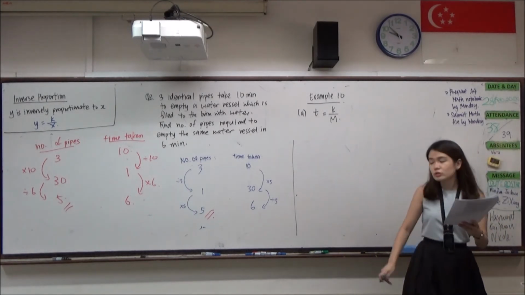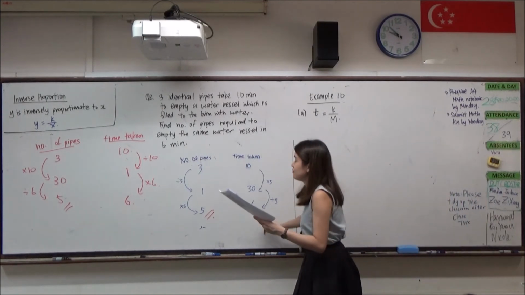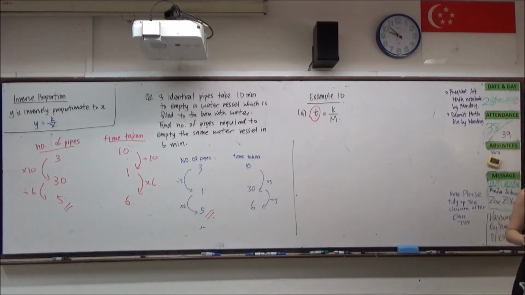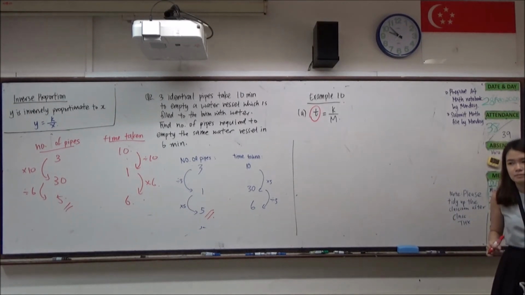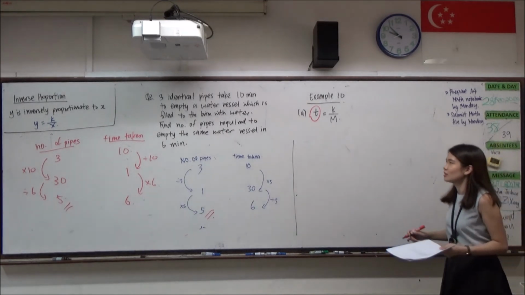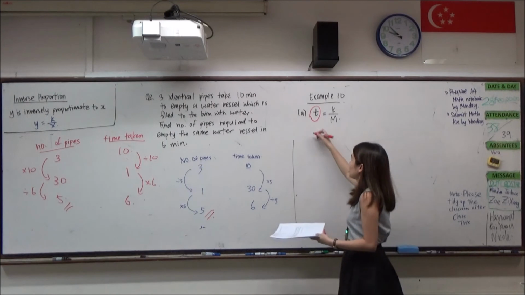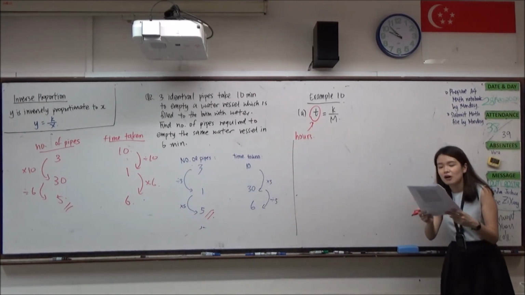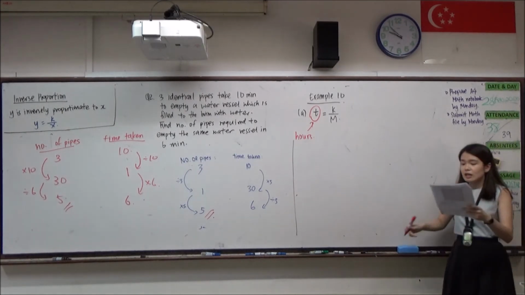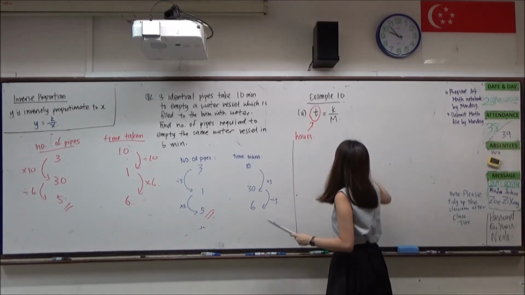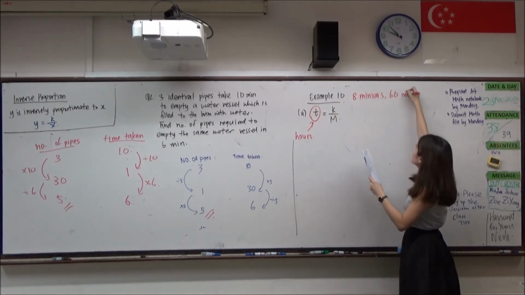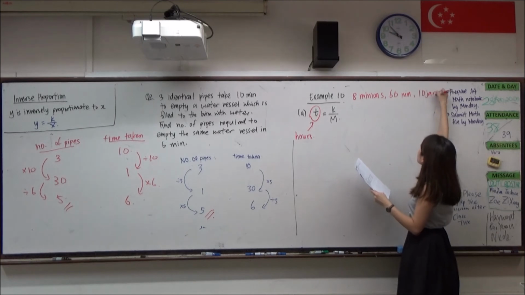Do take note that in the question itself, when they define T, what is the unit that they use? T is in hours. So therefore, when the question says 8 minions, 60 minutes, and 10 jars of jelly,